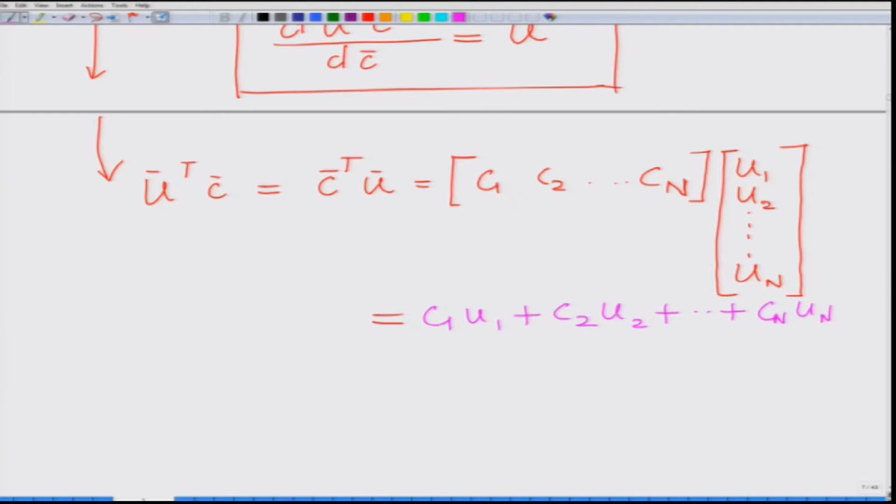In fact, these are both scalar quantities, so they are equal to the transpose of each other,